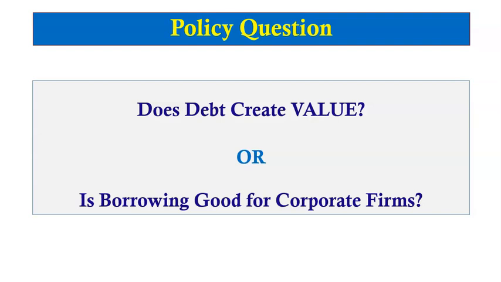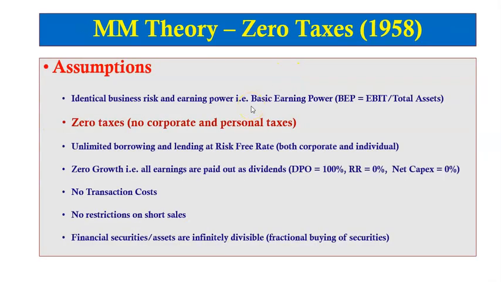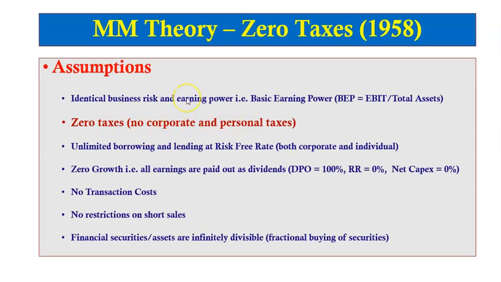Miller and Modigliani were the first to respond to this question. Their first paper is known as Without Taxes, which was published in 1958, and that we cover in this video. Their second paper, which is known as With Taxes, was published in 1963. We cover this in our next video. They responded and concluded that debt does not create value if there are no corporate taxes under certain assumptions that included